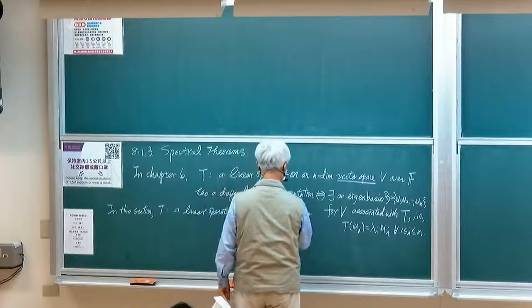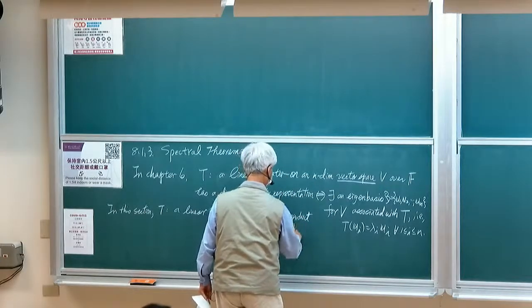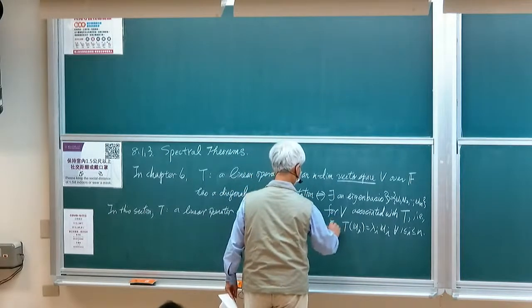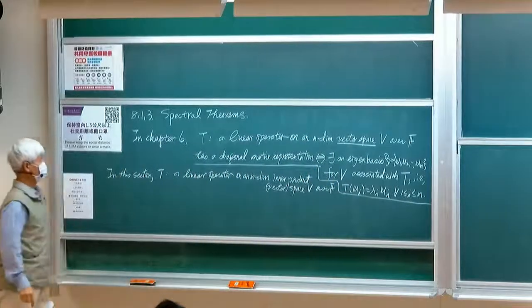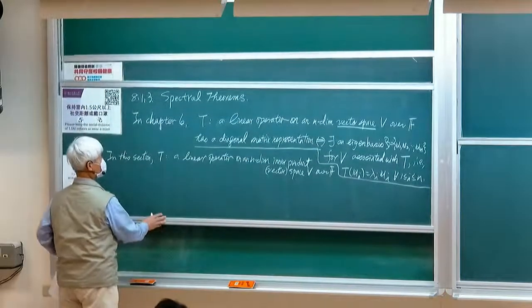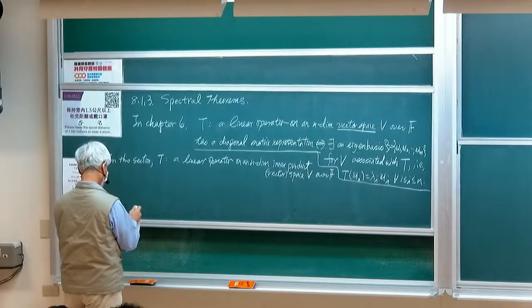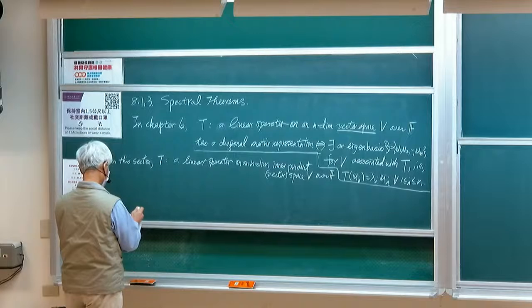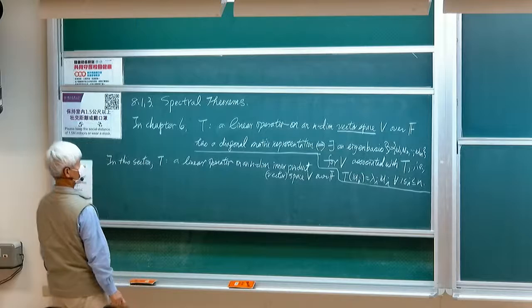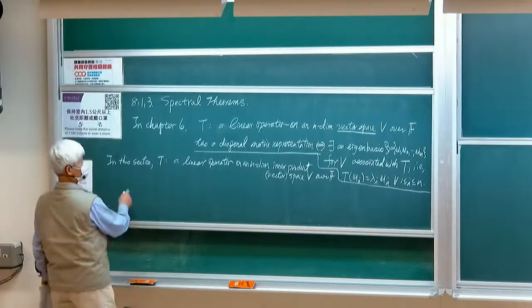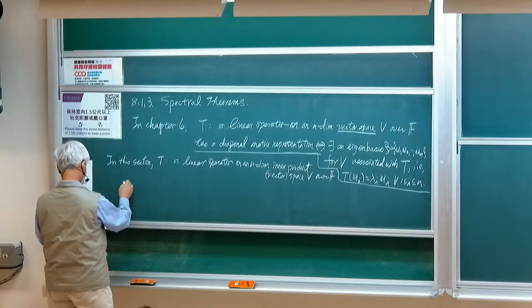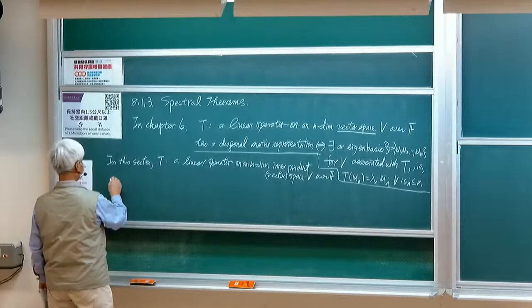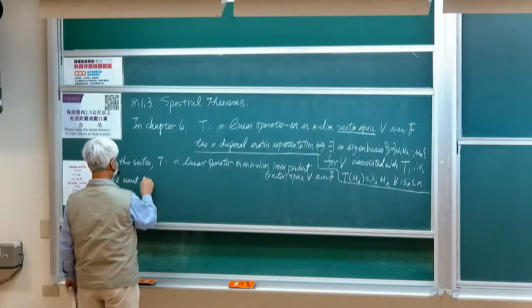So we have an inner product vector space V over F. We want to find a necessary and sufficient condition